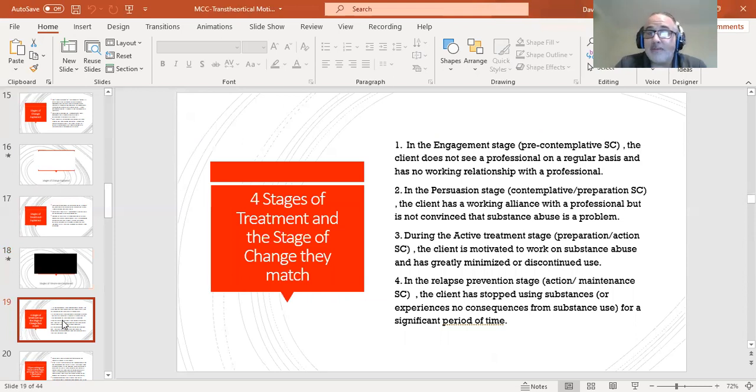All right, so in the engagement stage, it's basically around the pre-contemplative stage of change, maybe some early contemplative stage. So either the person's completely just not there yet, doesn't know the negative effects or doesn't want to look at, maybe better said, the negative effects of substance use is having on their lives. That's when the client does not see a professional on a regular basis and has no working relationship with a professional. So I want you to think about the engagement stage, and I'm going to go a little further into